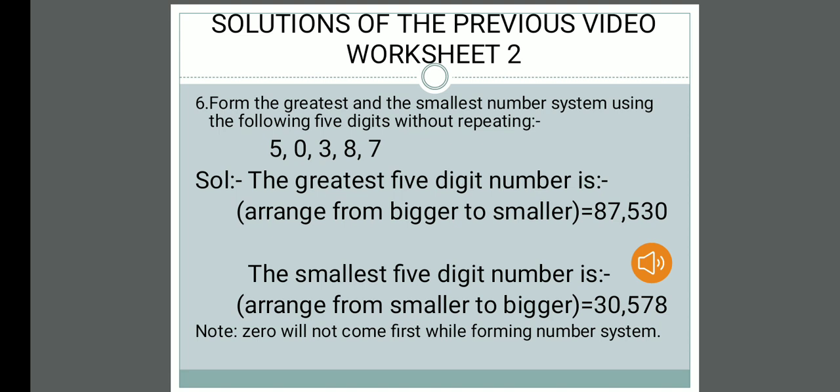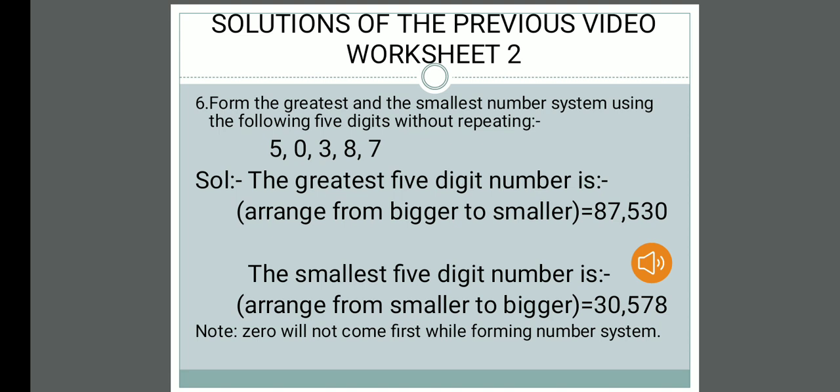So the greatest 5 digit number is, you have to arrange from bigger to smaller. When I arrange from bigger number to the smaller number, I will get the answer for greatest number. So I will get 87,530. Similarly, the smallest 5 digit number is, while I am writing the smallest number, arrange the given digits from smaller to bigger. When I arrange this, I will get